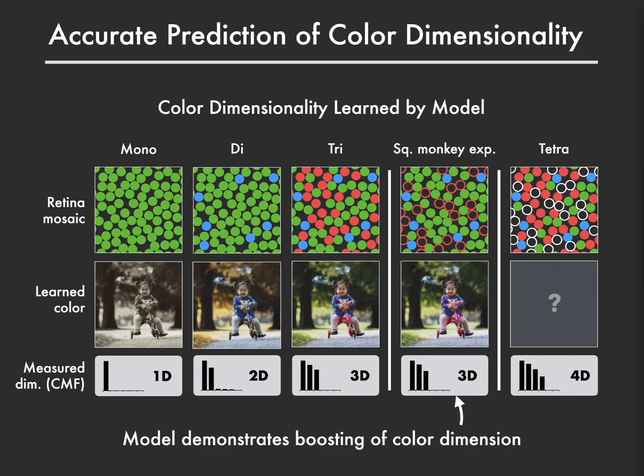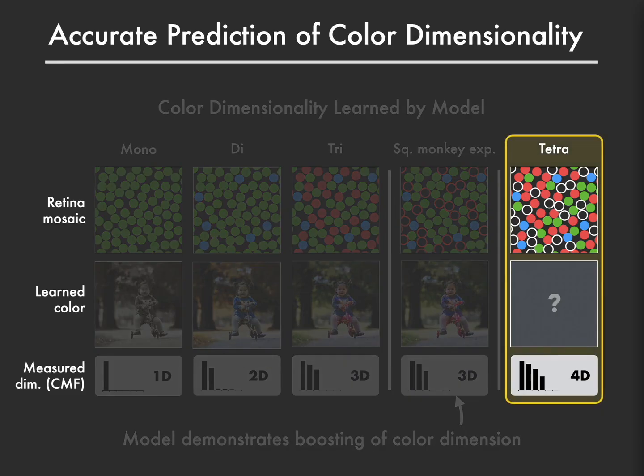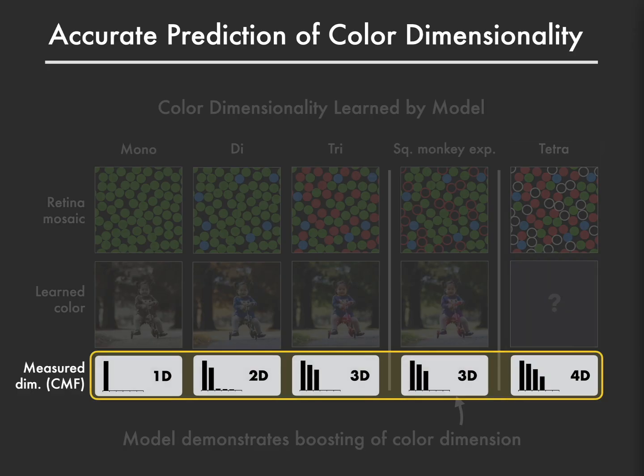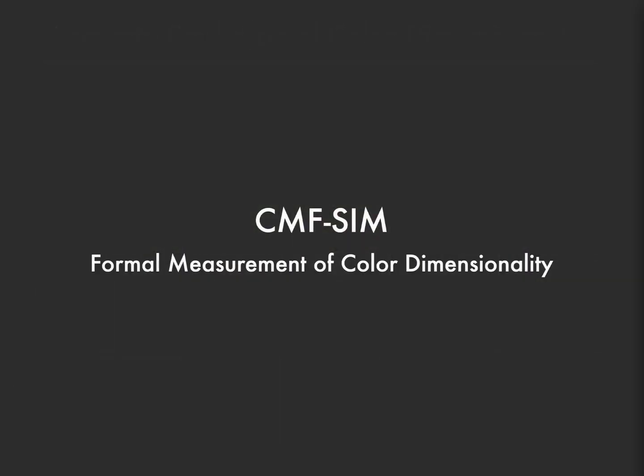Okay, the last column. This cortical model is agnostic to the dimensionality in such a way that tetrachromat vision emerges with full cone types in the array. Though we cannot visualize the learned color percept with neuroscope, we can formally measure it with our simulation of the color matching function test, which we call CMF sim. For those of you who are familiar with the topic, at a high level, what we are about to show you is just a classic Maxwellian color matching function test implemented in simulation.